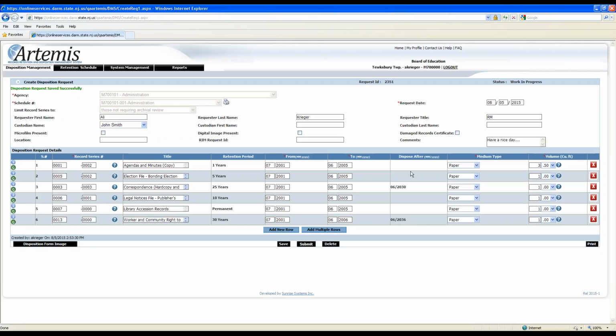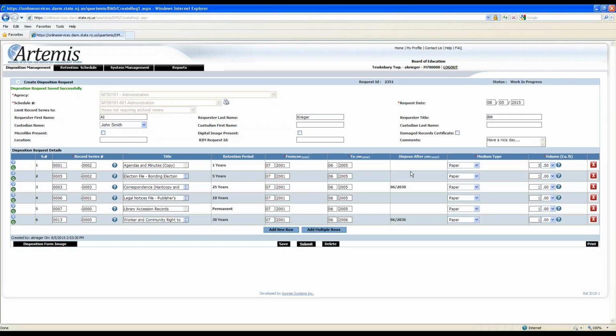So people ask, Mark, why does the system allow you to put that date range in and save that record? Well, as I mentioned earlier with the special conditions, if I have a certified document imaging system and I've scanned these records into my system, I can request disposal of those paper records before 2030, as long as that scanning system has been approved by the state and I also send them a copy of my certification. The same thing applies to the one at the bottom, which was a 30-year retention period, with a date of 06-2036. Again, if I had that imaging system, that's fine.